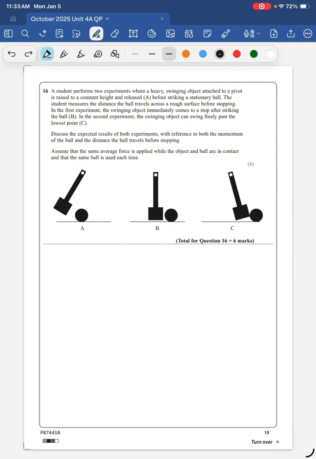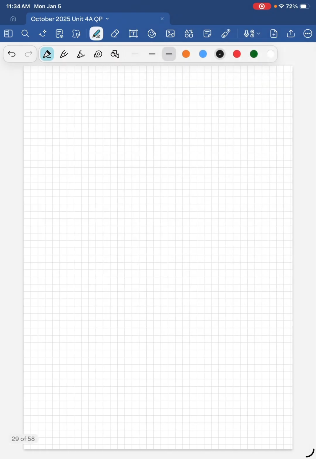Okay, discuss the expected results of both experiments with reference to both the momentum of the ball and the distance the ball travels before stopping. Assume that the same average force is applied while the object and ball are in contact and that the same ball is used each time. Okay, this is a strange question, I think, but okay, so we can write things such as the swinging object